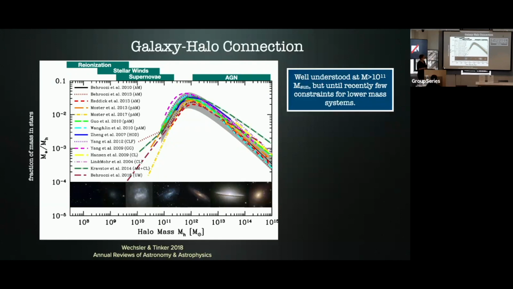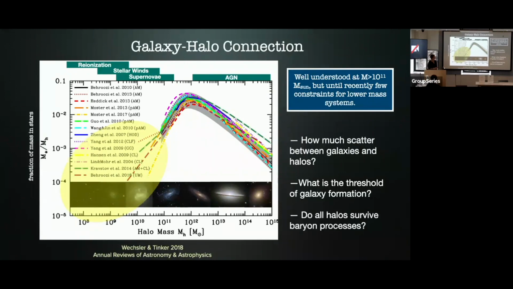But until recently there were very few constraints for lower mass systems. And so today I'm going to be talking mostly about this part of the plot, where you can see in 2018 I was not bold enough to extend these lines, but now I'm going to be bold enough. But the basic thing we're trying to answer, including down to this really small halo mass regime, is how much